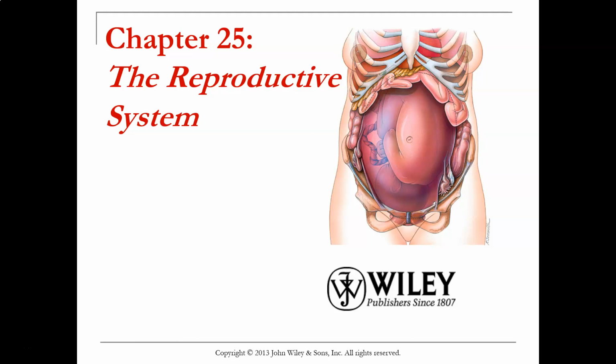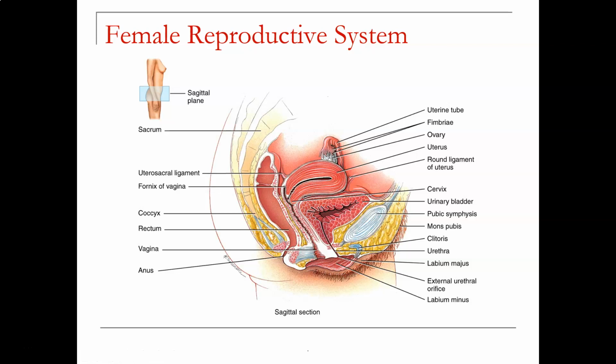In this lecture, we're going to talk about the female reproductive system. The primary structures of the female reproductive system include the ovary, which is what they call the primary gonad. This is the main organ analogous to the testes in males. This is where egg cells, the gametes in females, are formed, and also where the female sex steroid hormones, estrogen